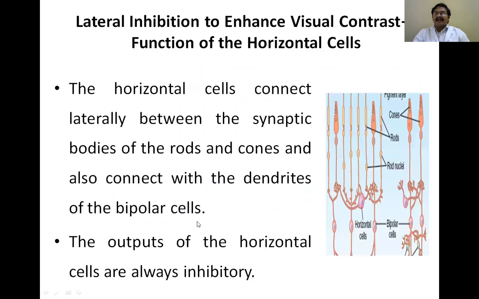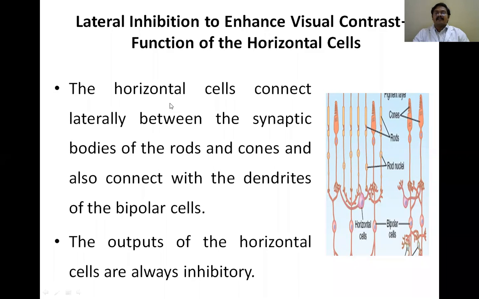Then what is lateral inhibition? Lateral inhibition plays an important role in the enhancement of contrast. Even in the sensory system, lateral inhibition plays an important role in localizing the point of the stimulus. Suppose you look at two-point discrimination: to localize where it is exactly stimulated, it is because of lateral inhibition that you can localize it. If it were diffuse, you could not localize where the stimulus was applied.